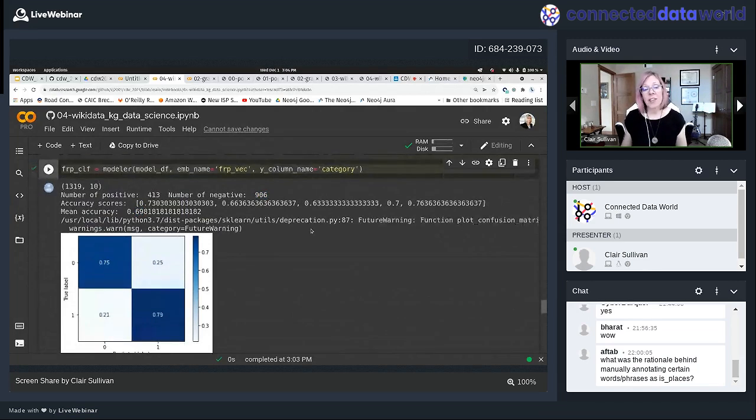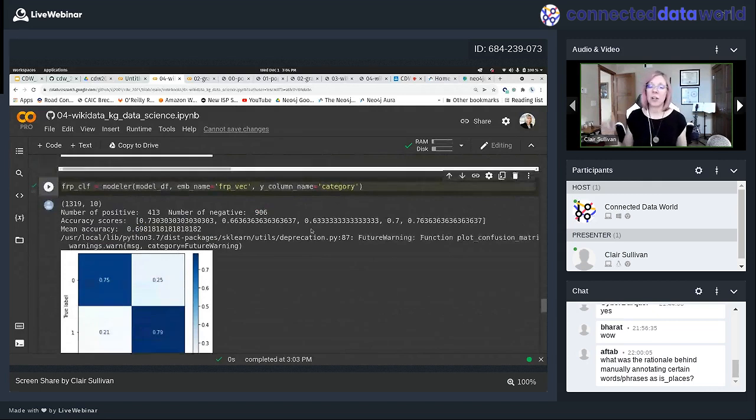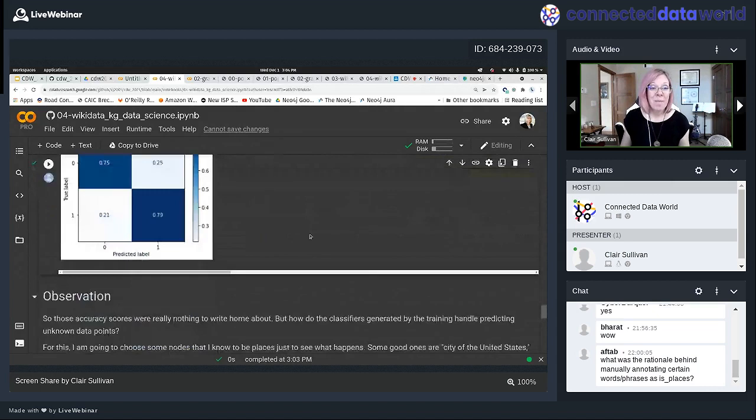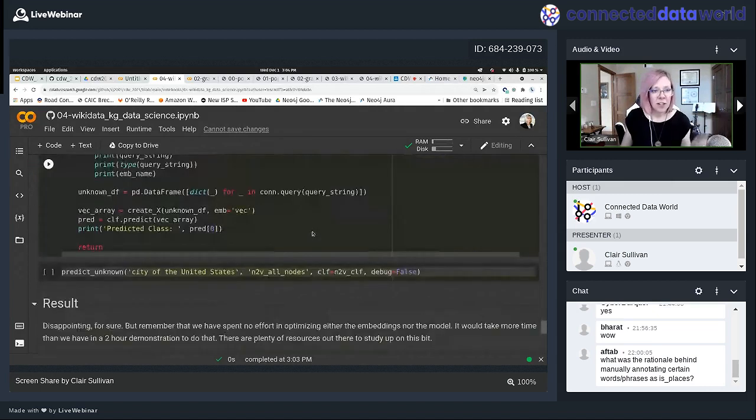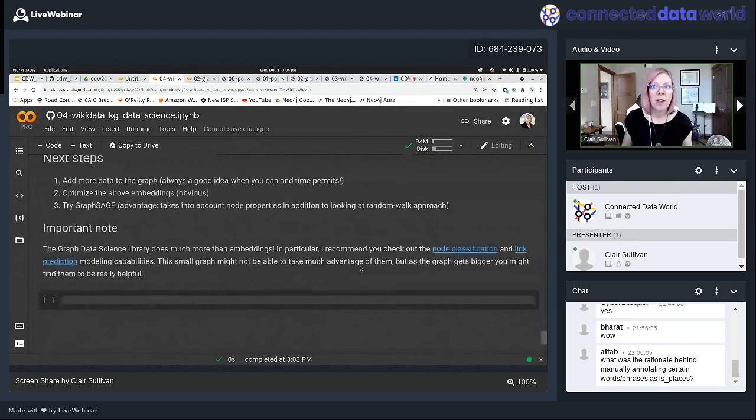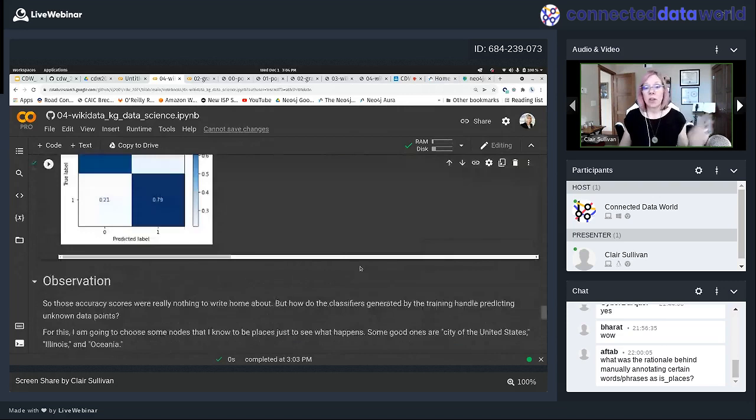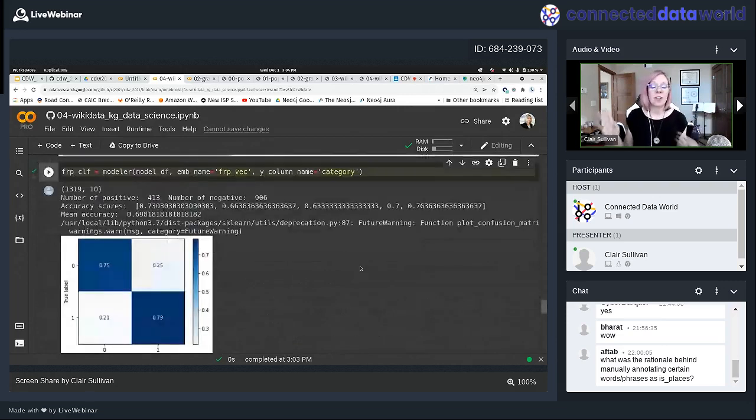And also, again, think about this is only a 10-dimensional vector. These are not optimized for anything, okay? Well, you could go through and predict unknowns here, but y'all know how to do that. We're not going to do that right now. So, play with this stuff. You can go read my blog posts on how to tune these embeddings.